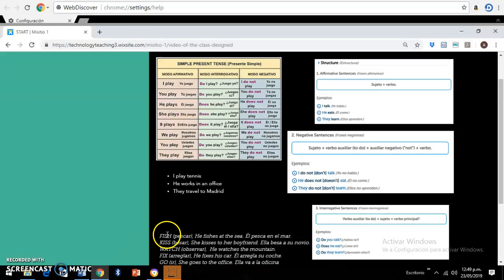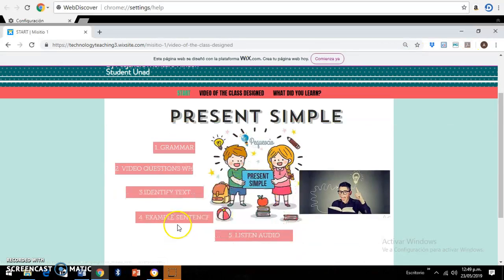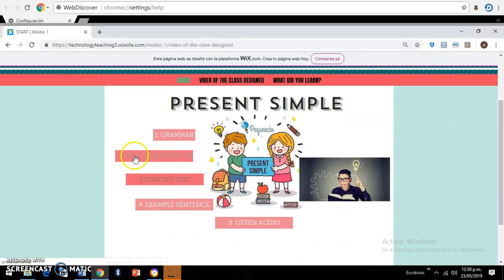and teacher explanation of the structures and the use of the verb in the present tense. The continuing activity, video question 4, 2, activity 2,